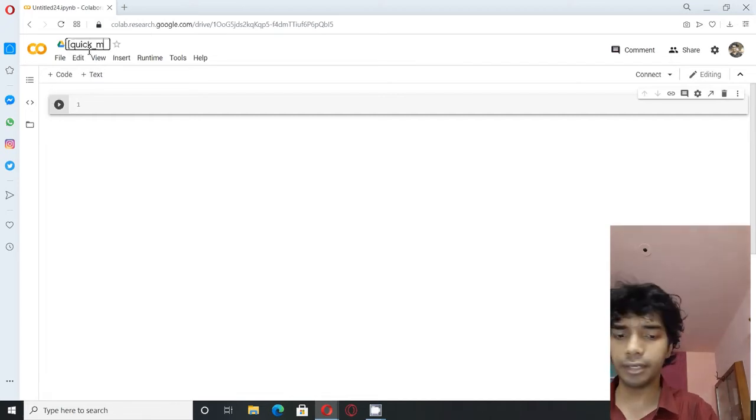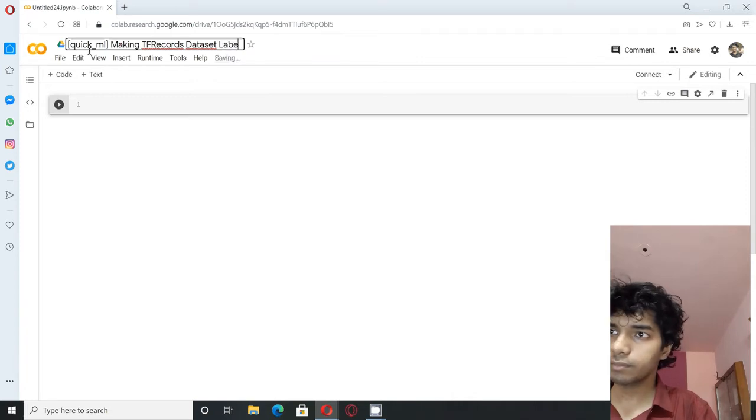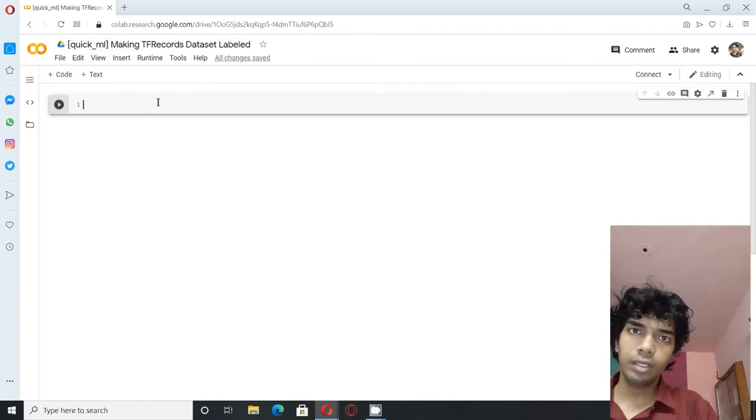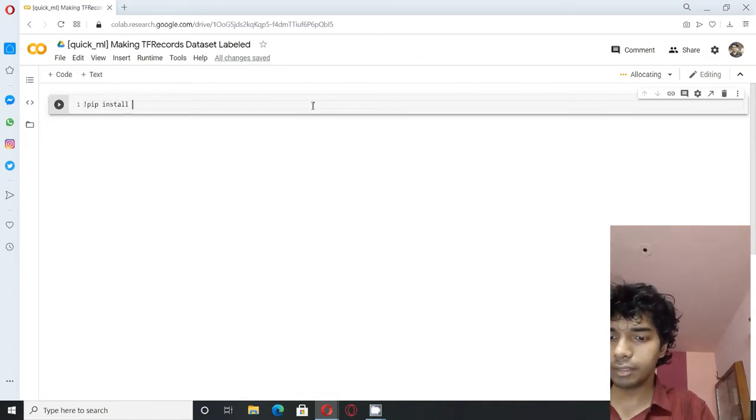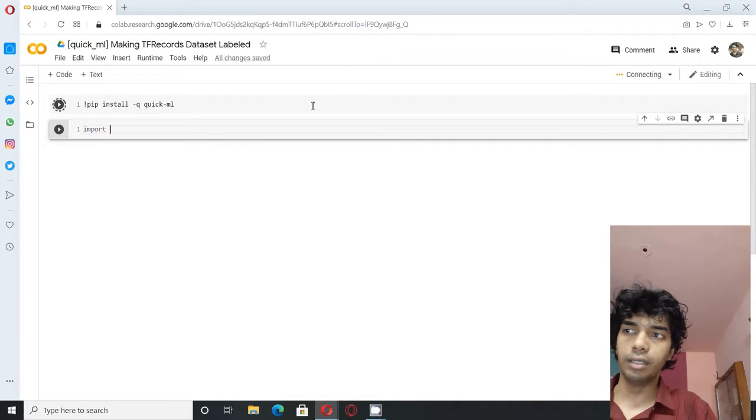So let's quickly name the notebook. After renaming, connect the notebook and pip install the library. Now you need to import it. Please ensure the order of imports is as follows.